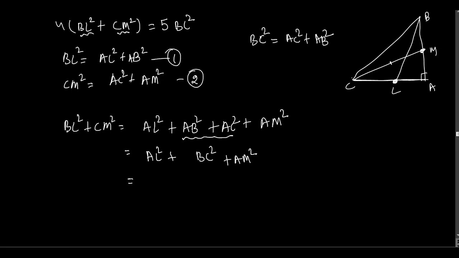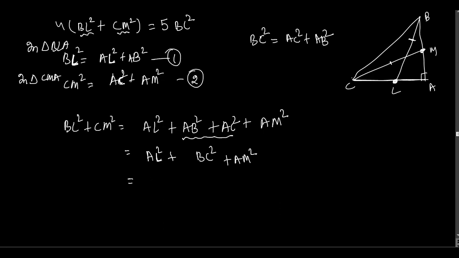Sir, I have a doubt. Yes. In equations 1 and 2, did you write L? This one is AL, this one is AL, and this one is AC. Oh, this is BL square. Yes, it is BL square. So we are talking about triangle BLA, and this one is in triangle CMA.